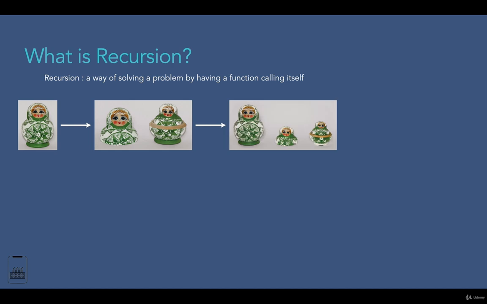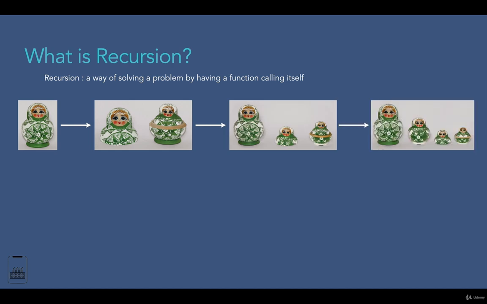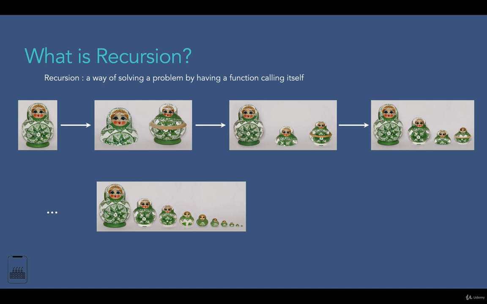If you do it one more time, you will see another smaller one inside it. And you keep going until you find the smallest Russian doll. It's just one piece which cannot be opened. So as you see, a Russian doll is a sequence of similar dolls inside each other that can be opened, but every time the size gets smaller and smaller. Each time you open a doll, a smaller version of the doll will be inside, and you repeat the process until you reach the final doll that cannot be opened.